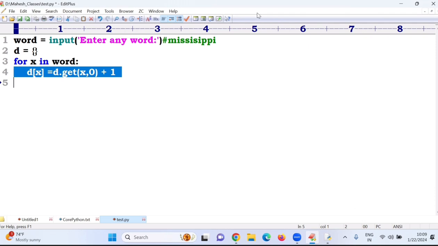Simple. Your dictionary is empty. Okay, done, first time empty dictionary. Now I'm asking D dot get of X. First time, what is the X value? M. M is not contained because the dictionary is empty, so it returns the value 0. 0 plus 1 means